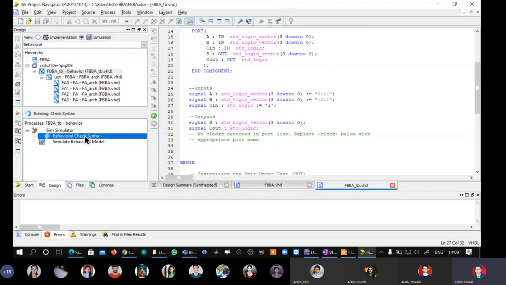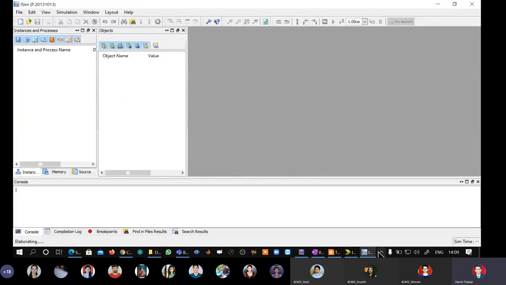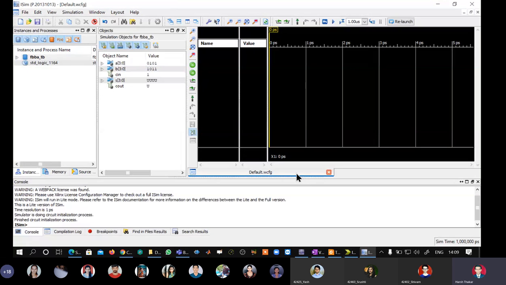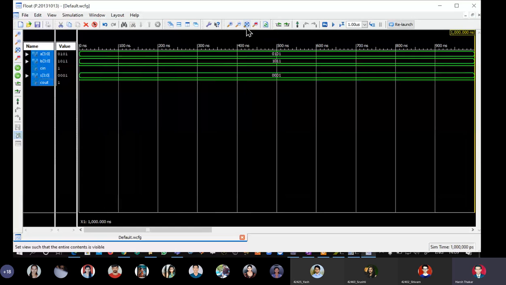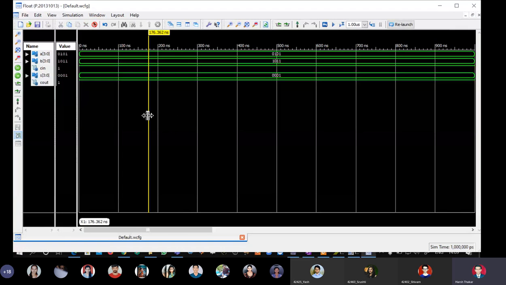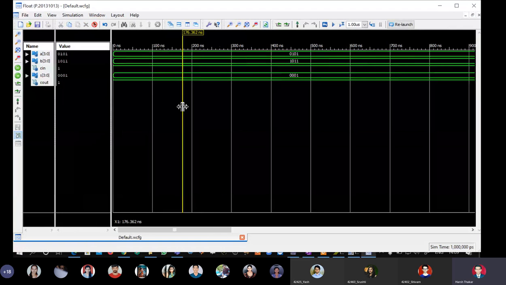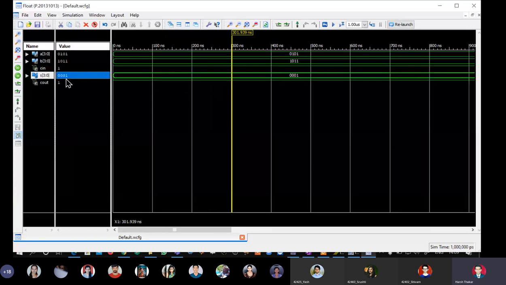So we see here from the value column that the sum vector is now 0001, and the carry out is 1.